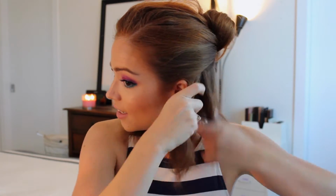Now, with short hair, this is the hardest section. I have these little pieces that are almost too short to curl, and this is a section of hair where I tend to burn myself on the curling iron, and I have a lot of scars because I don't like to wear the glove that came with the curling iron, but you should. So what we'll do is you just take about an inch, so I like small pieces, okay, kind of brush it through,